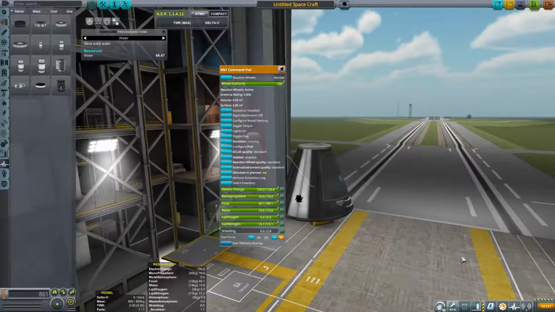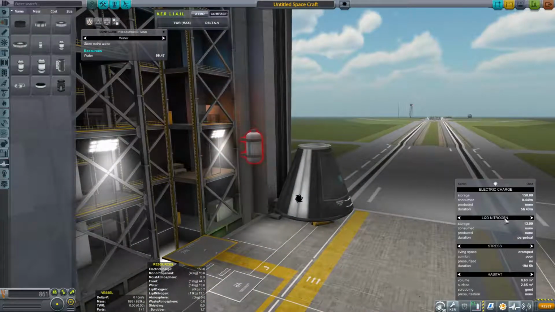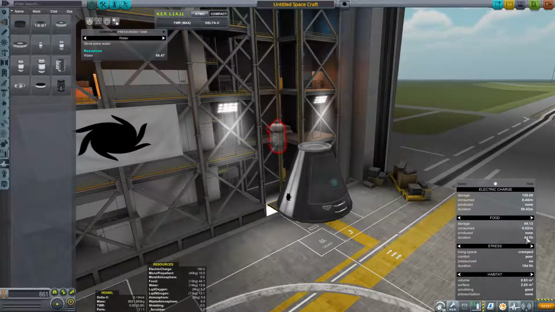If I get rid of that for the moment, you'll see here that a single pod has enough of, it's got 5 days of food. It says 4 days, 5 hours, but it is 5 days of food, 5 days of water, 7 days of oxygen. That's because a Kerbal can last 3 days without eating and 1 day without drinking, I think, but they can only last like 30 minutes without breathing, if that, I think. So yeah, it's got more oxygen there,